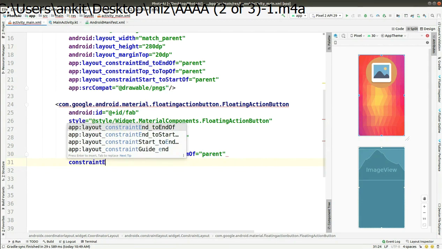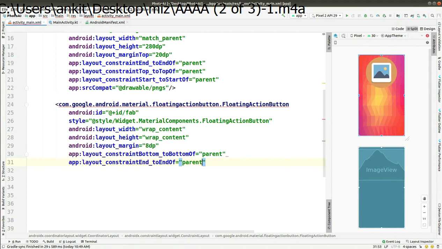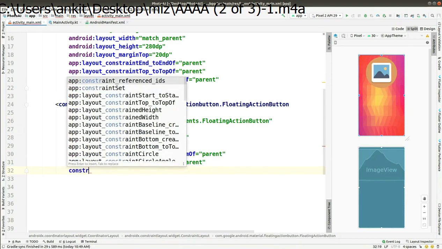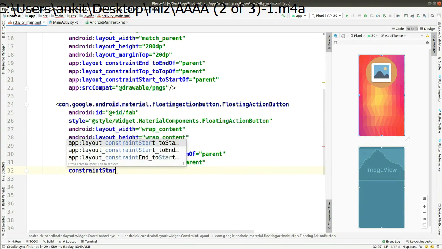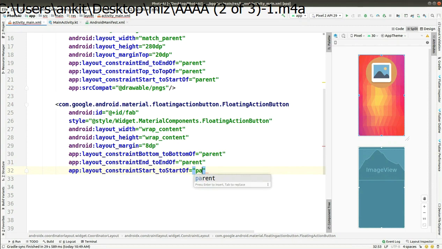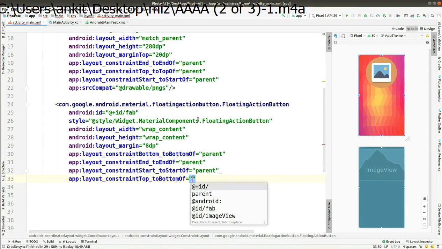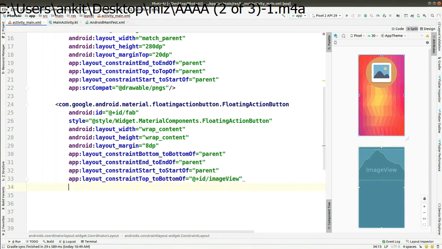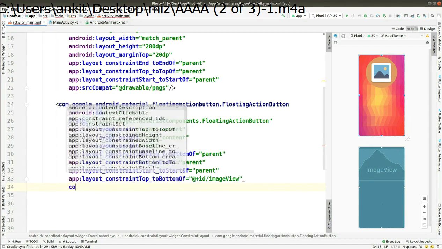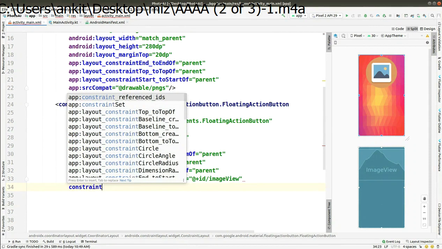The view is floating action button here, and you have to add all these things like constraint bottom to bottom of and set it as parent, and after that you have to add constraint end to end of and set as parent, and here you have to add constraint start to start of parent, and after this you have to add one more thing, that is constraint top to bottom of, and you have to give the id here imageView. That means that your new view will be placed to the bottom of image view. So here you have to add one more thing.